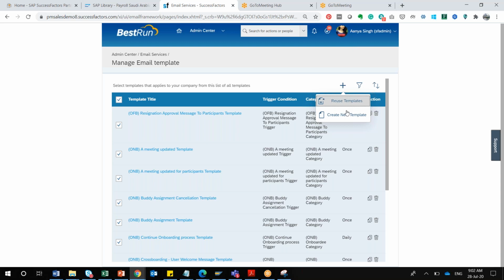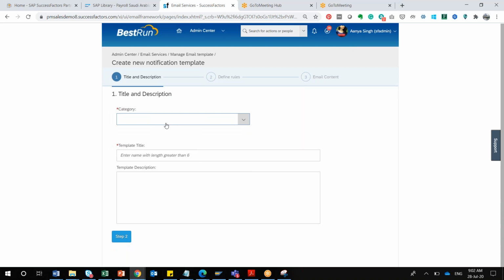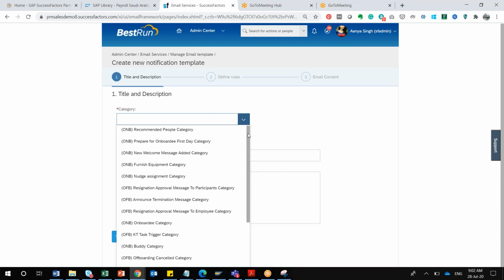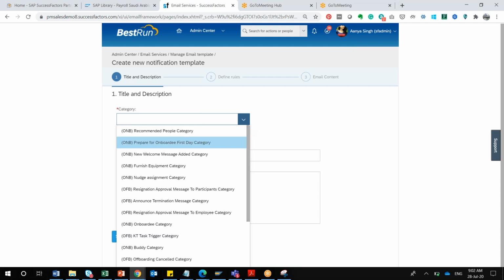Once I click create a new template, you can't put in any random category. There are predefined categories that are fixed. You can't put anything of your own. You can simply choose your category, because in onboarding and offboarding we have prefixed categories. Suppose I would like to create a category for a welcome message related